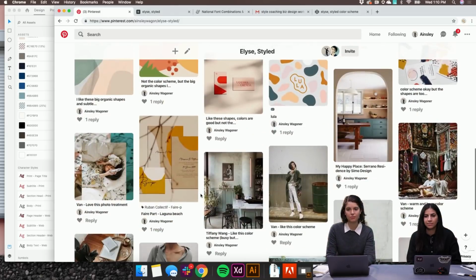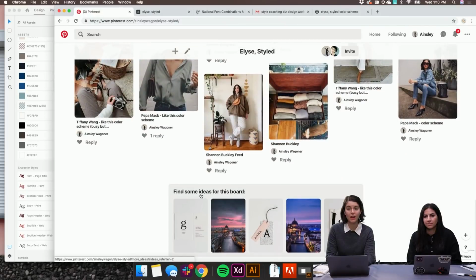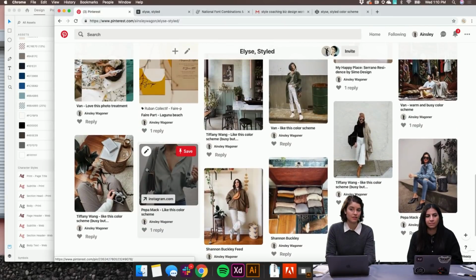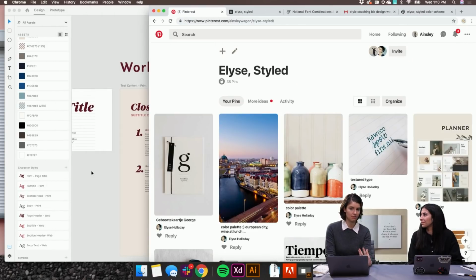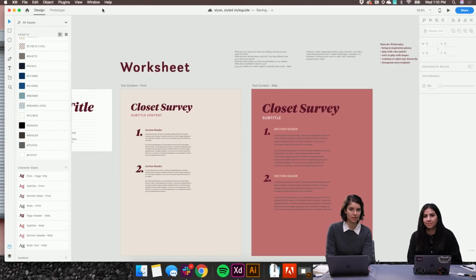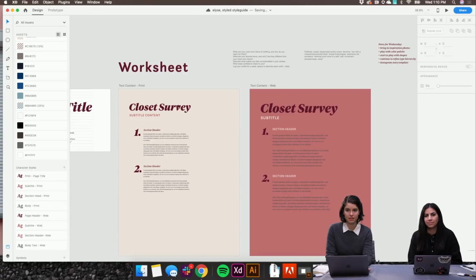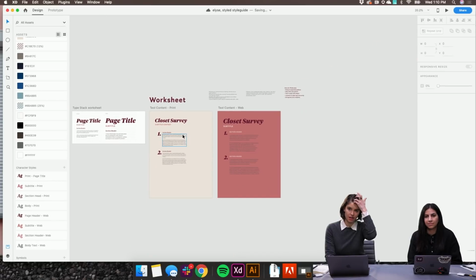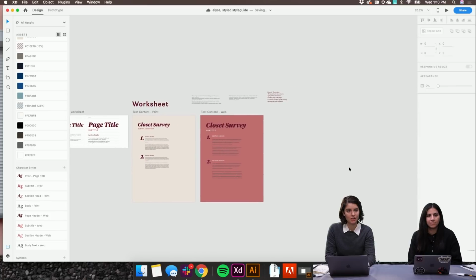So I'm gonna pull some of that in, as well as lots of pictures of Elise's styled shots and some other materials that she's made. So I'm gonna just pull those things into my canvas now and then see what that sparks.